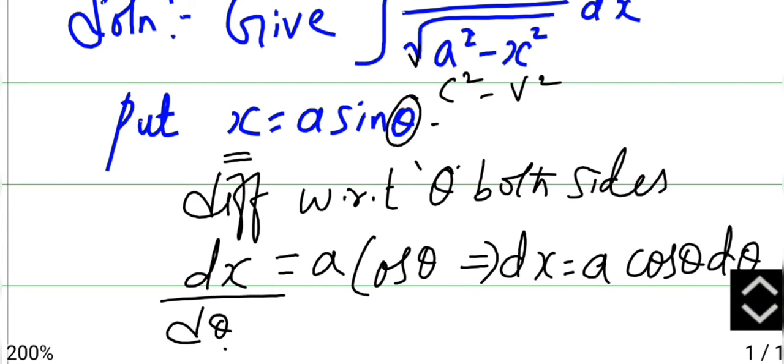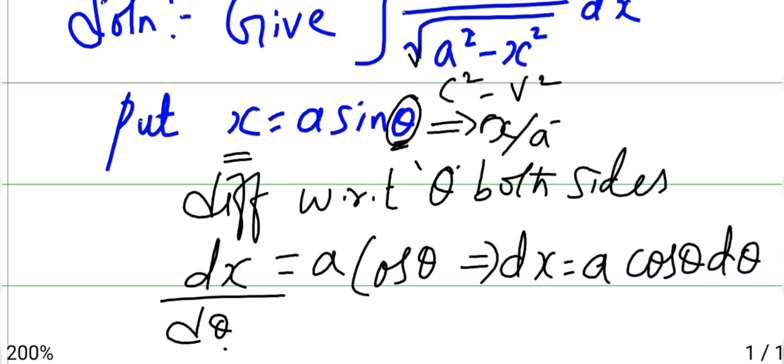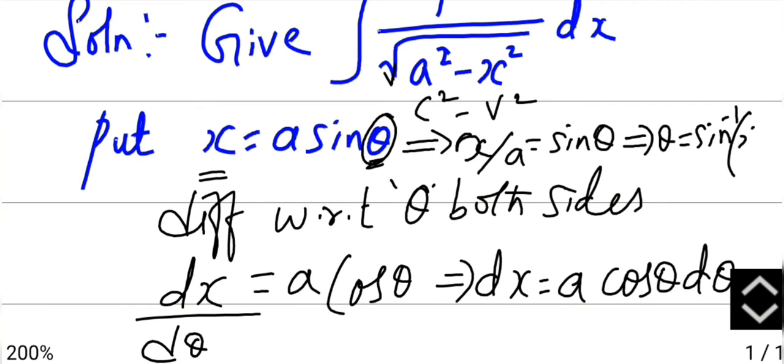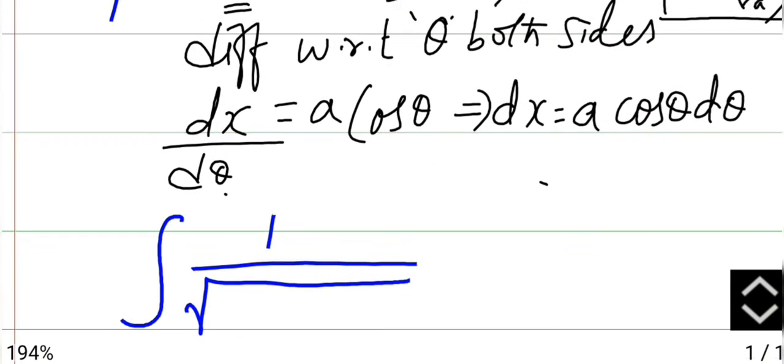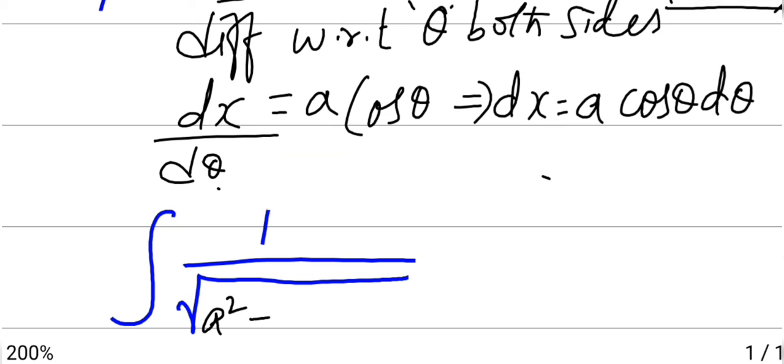Now along with this you have to find the other one here, that is we should find the theta value. What will be theta here? x by a is equals to sin theta. That implies theta is sine inverse of x by a. So we want the theta value, so we will just find theta from the given problem, that is x equals a sin theta. So a goes to the other side and becomes division, then theta will be sine inverse of x by a.